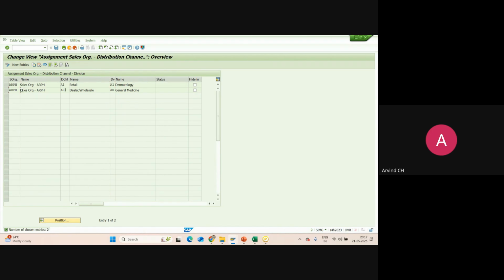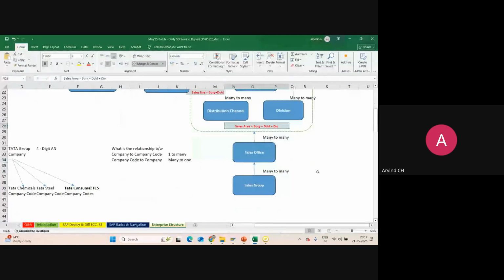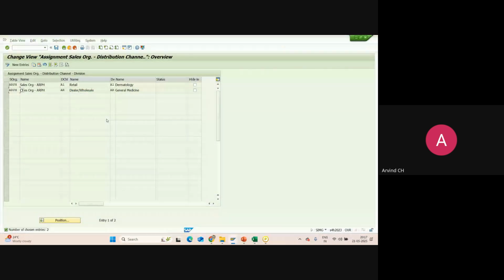If I have two distribution channels, two divisions, and one sales organization, what is the combination? One sales organization, two distribution channels, and two divisions. How many sales areas should be there? Four, right? So let us see. Let me create another two. Click on this,